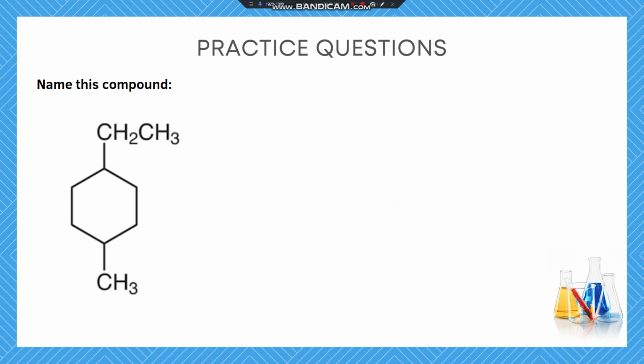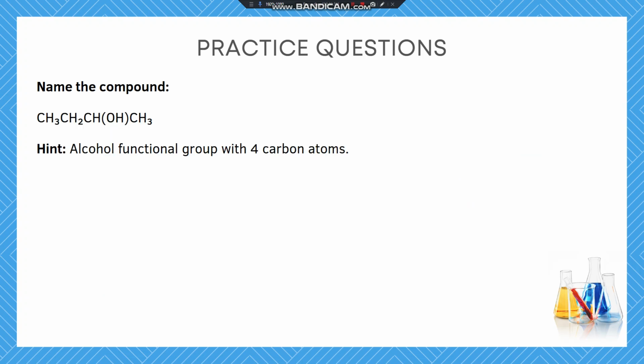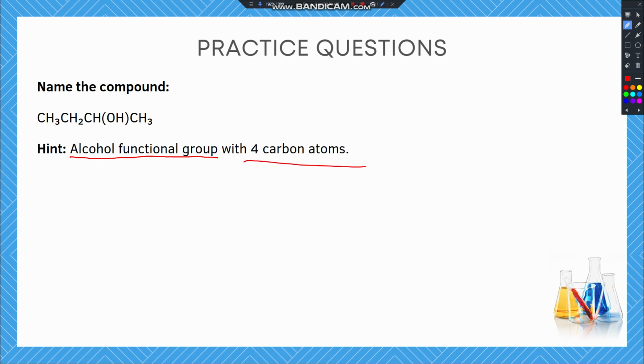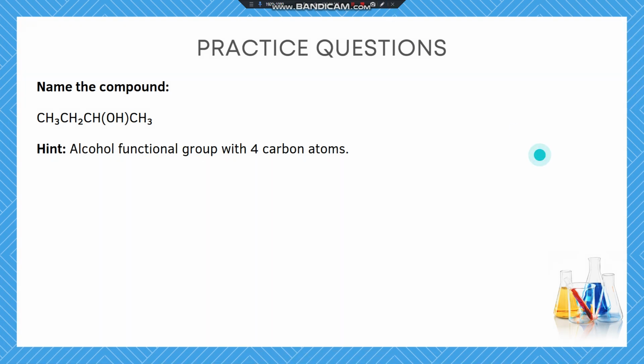Alright, so here are some practice questions for you. In closing, I want you to name this compound that we have on the screen right now. I want you to name it for me and then drop the names of the compounds in the comment section below where I'll be waiting to receive them. Here is another practice question I want you to try out for me. So here is a hint that I left alongside this question. This is a compound that has an alcohol functional group and it has 4 carbon atoms. So I want you to name it for me and then let me know what your answer is in the